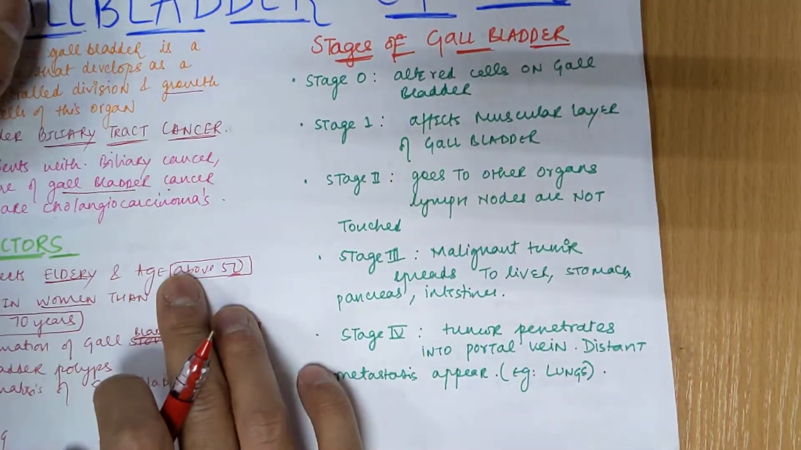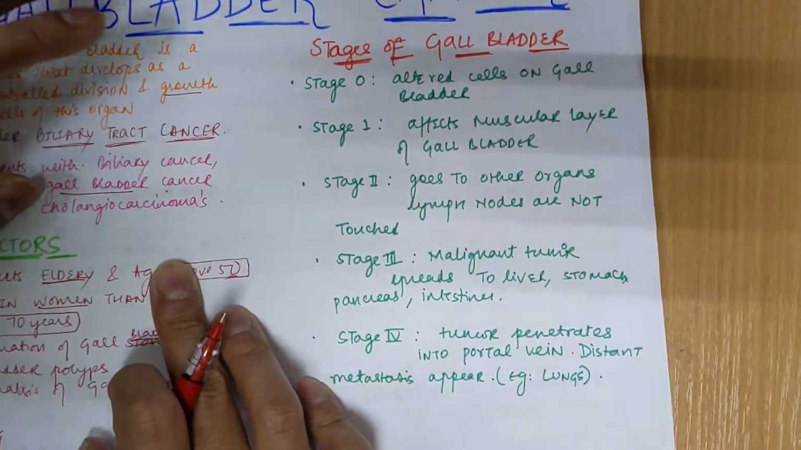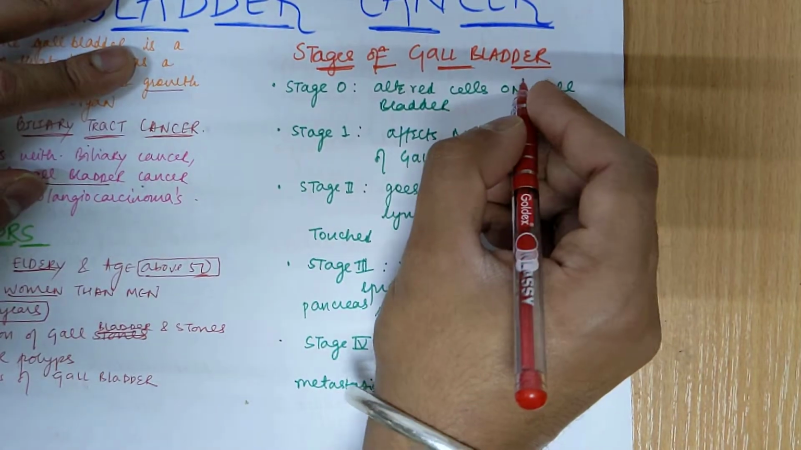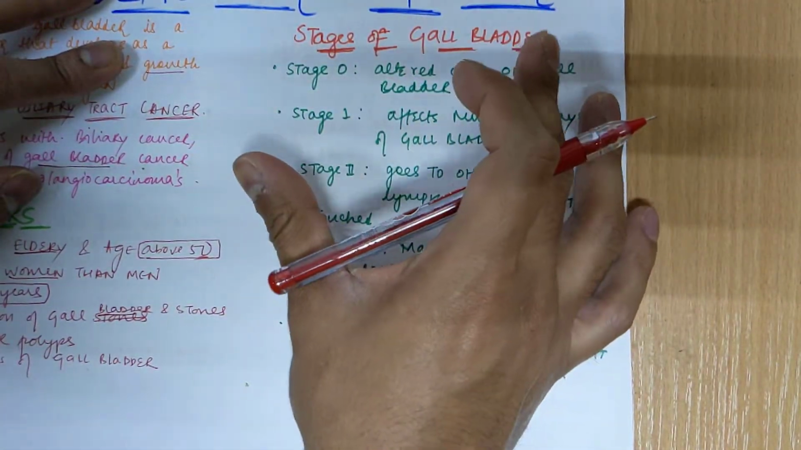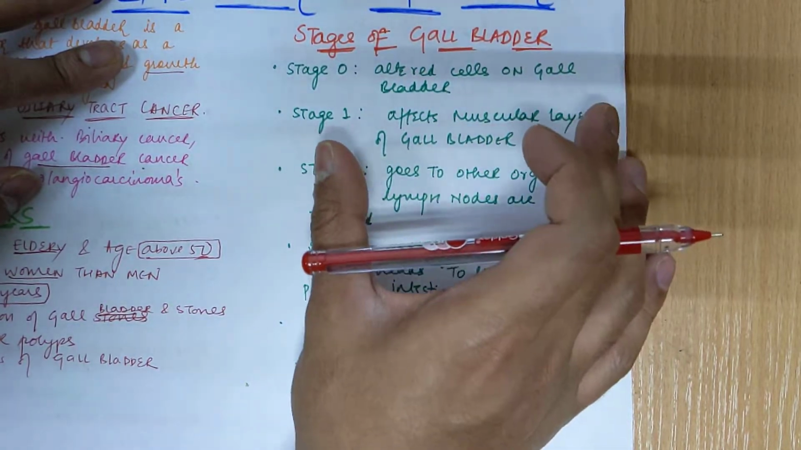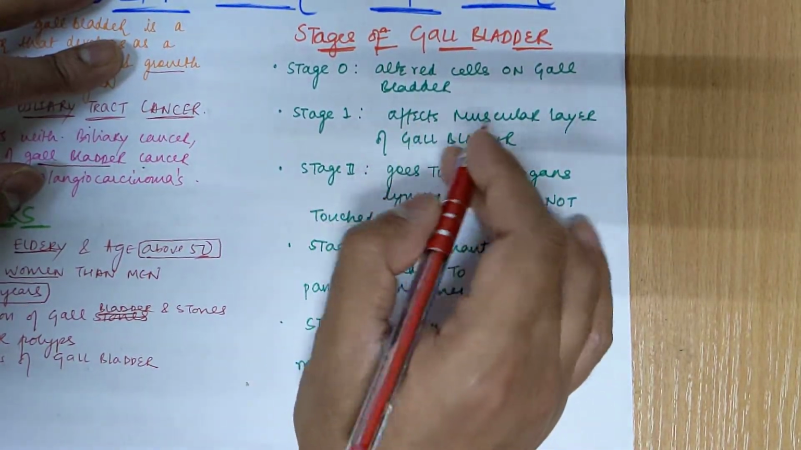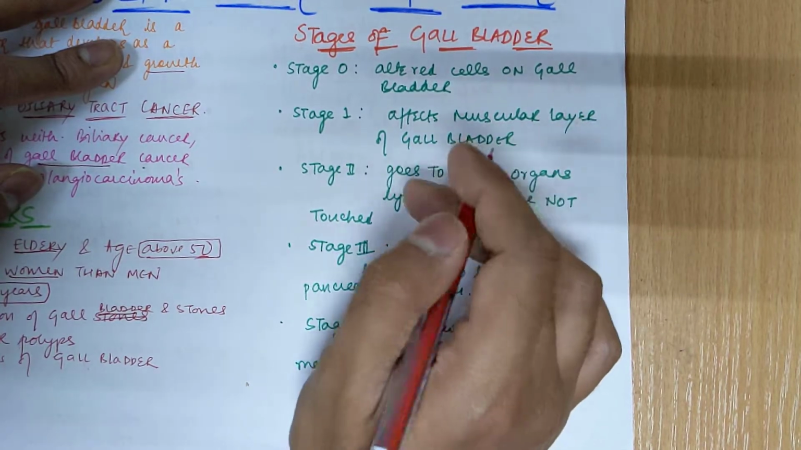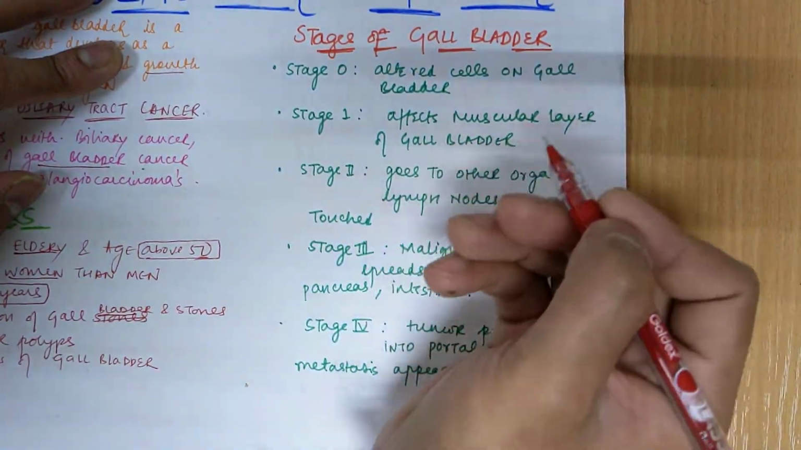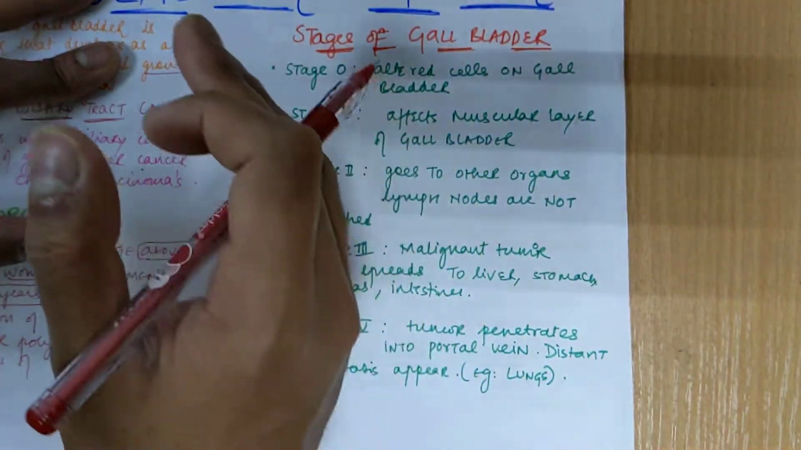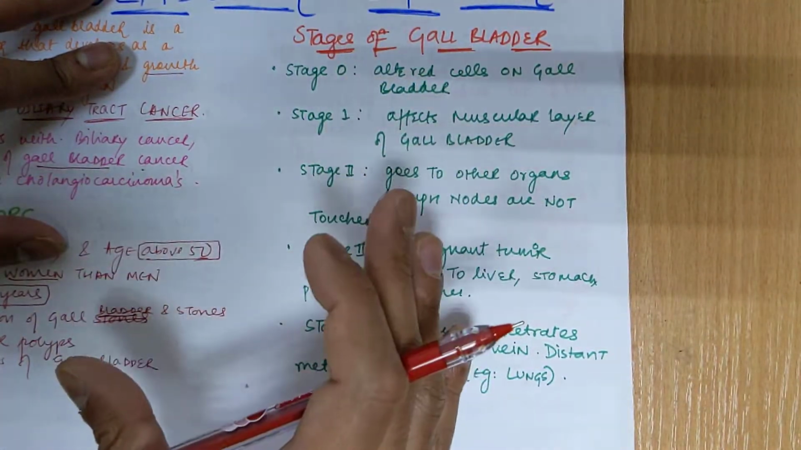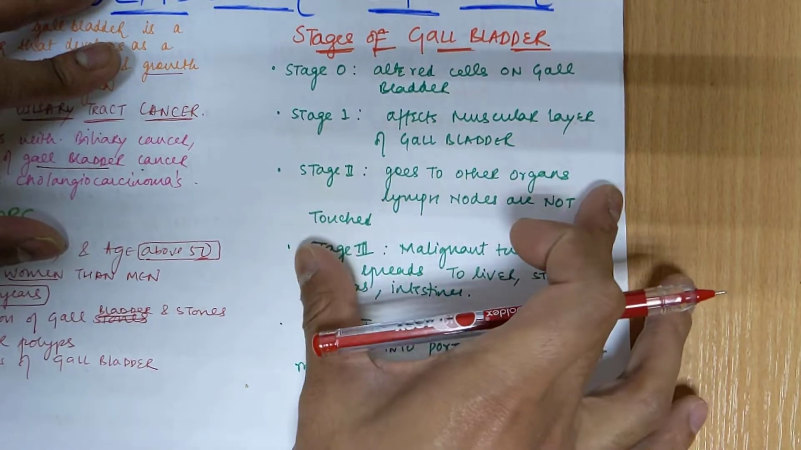Now the stages of gallbladder cancer. We have stage 0, in which the cells are altered but remain in the normal place of the gallbladder. Stage 1 affects the muscular layer only of the gallbladder. Stage 2 goes to other organs, but lymph nodes are not affected. So it can go to the liver or the duodenum, the nearby organs, as metastasis, but it will not go to the